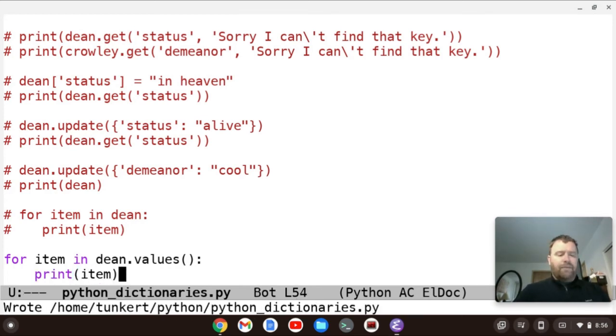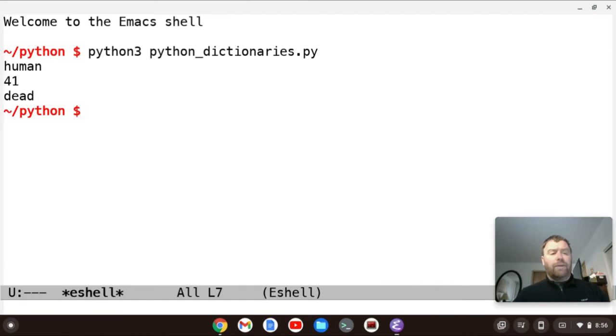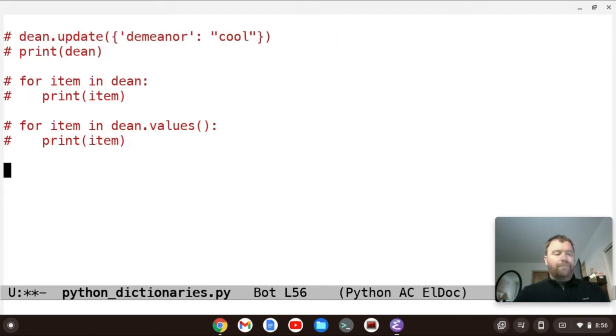Okay, so let's save this, and let's now run this in eShell. Now if we run this, we get human, 41, and dead. We get the values associated with those keys in the previous example. All right, so let's exit out of that. Let's comment this out.